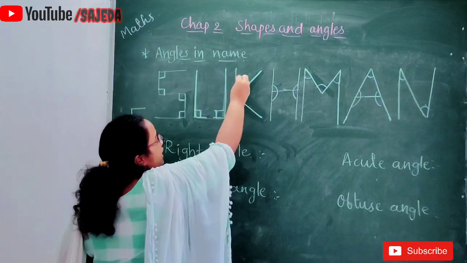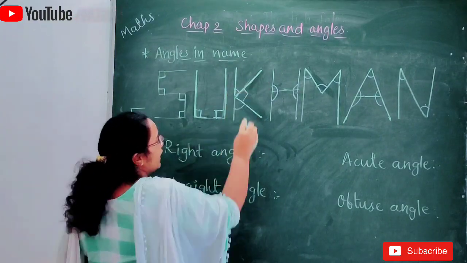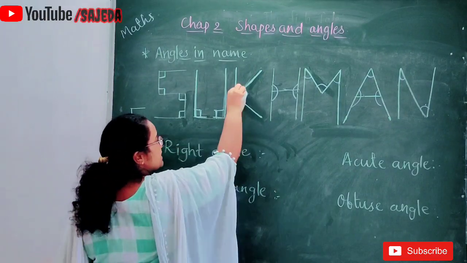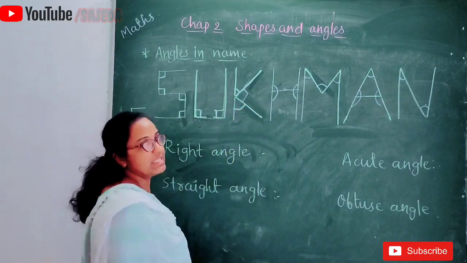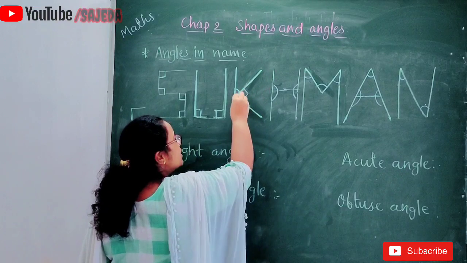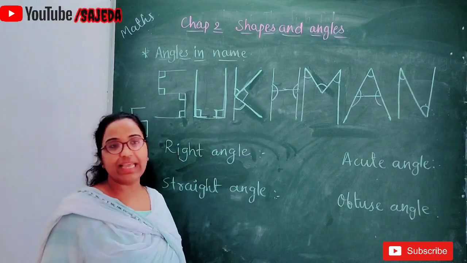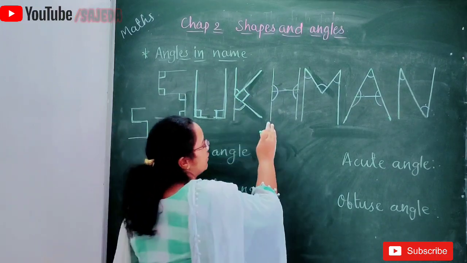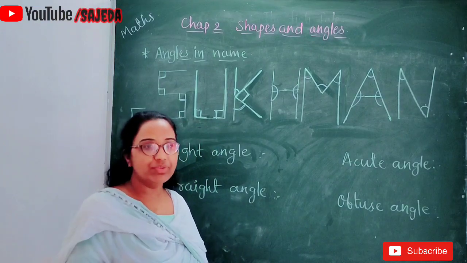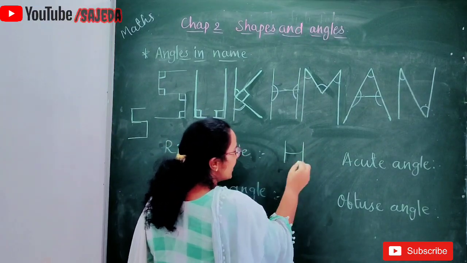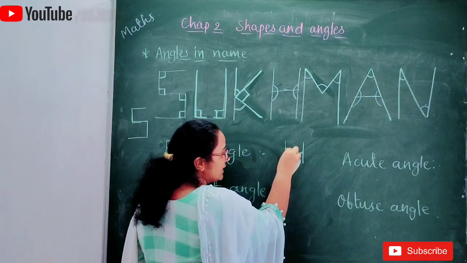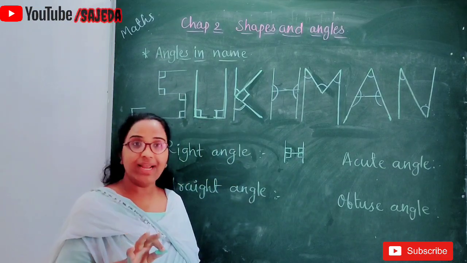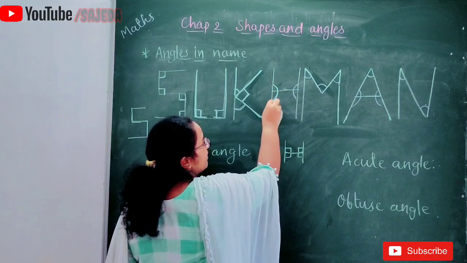Now in K, I will explain about the acute angle, that an acute angle looks like the English alphabet V. So here it is an acute angle, here also it is an acute angle, but these 2 lines form the English alphabet L. That's why this is a right angle. Now look here, why I said that if not given you have to draw. In H you can see that we can draw like this also, this way. So in H there will be 4 right angles, but here it is not a right angle.